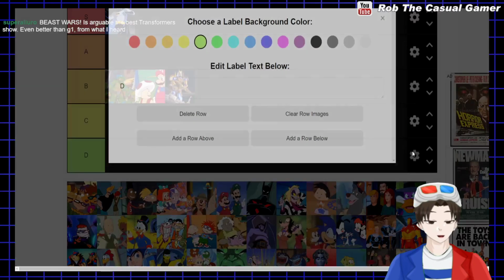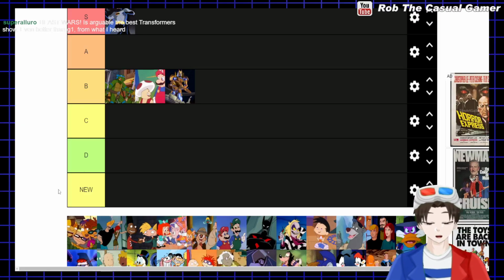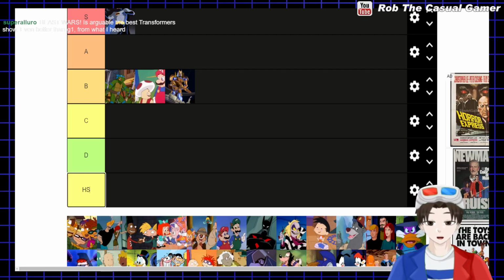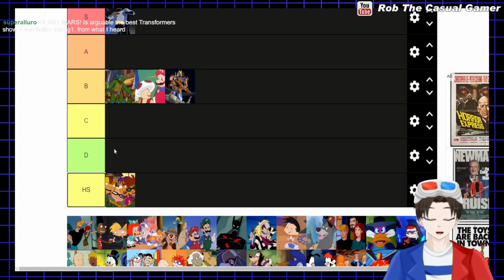Okay, you know what? I forgot. We gotta add a new row, because Rocket Power is here. And as we established in the Nickelodeon tier list...